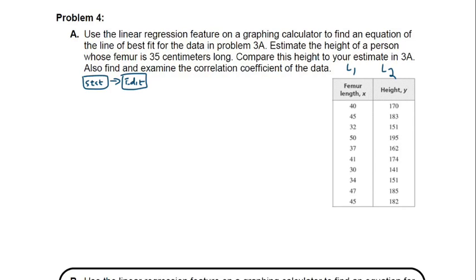But just remember, when you put them in, put them in 40 down to 45 and then 70 down to 182. Make sure that each one of these is lined up with the appropriate data point. You don't want to mess that up. You don't want to do like 37 right next to 151 or something silly like that. Once you get everything in, we're going to hit second quit to get out of there, and then we're going to hit